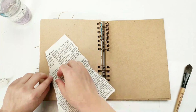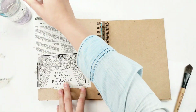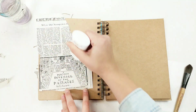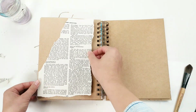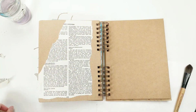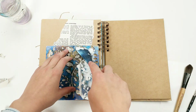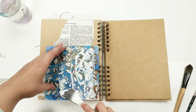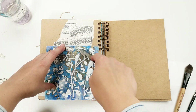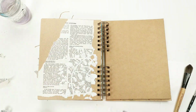Each month we focus on a different topic, and this month is distressing. So I'll be using distress inks, and I'll be distressing papers, and just adding a lot of distress over this whole page. When I think of distress, I kind of go more towards the vintage looking distress. That's why I like to add these book pages where I tear them, and now I'm layering on top using